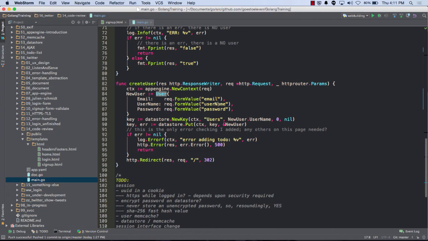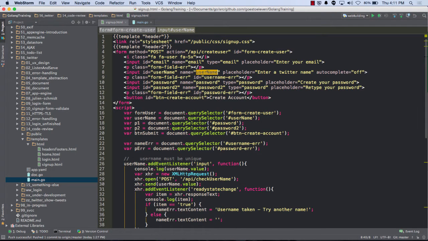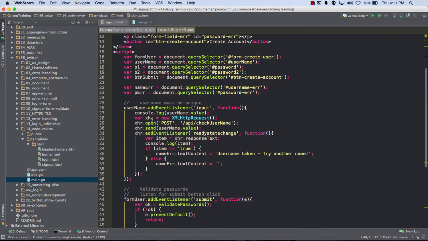Right here, username. Request form value username. So get the username over there on that side. So here I'm saying username, add event listener. So I'm going to be listening for something.